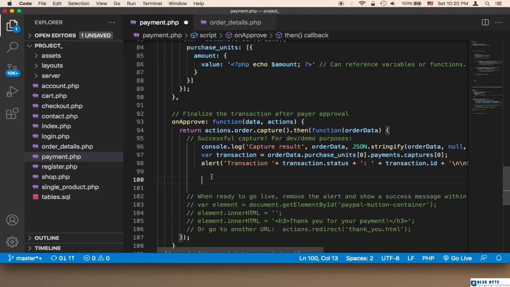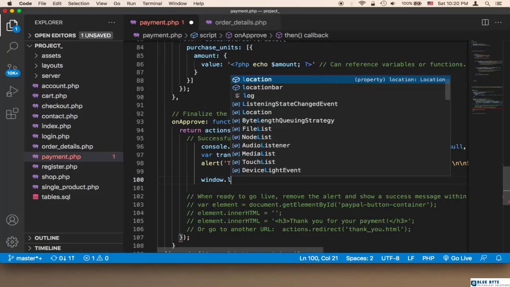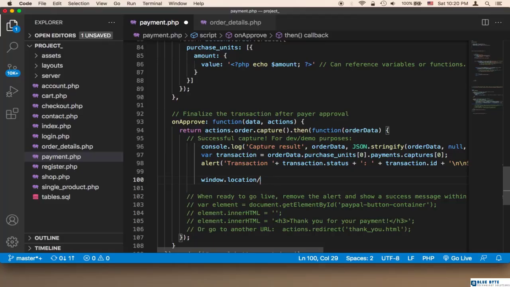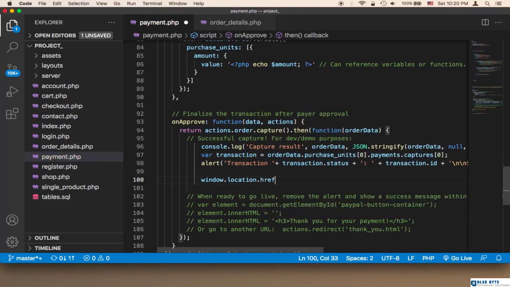So what I'm gonna do is that here I'm gonna say window.location.href, and then I'm gonna go to a new page that's gonna finalize everything. That's gonna change the order status and store payment information in the database. So here I'm gonna say window.location.href, and then I'm gonna say server